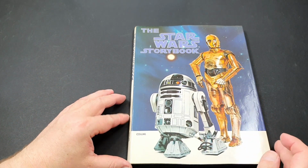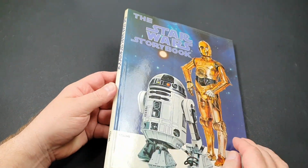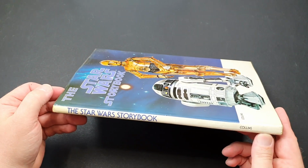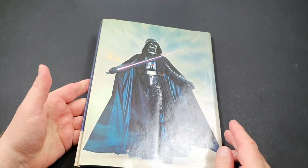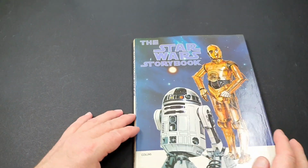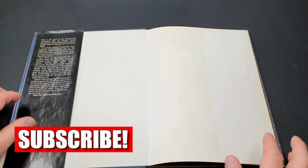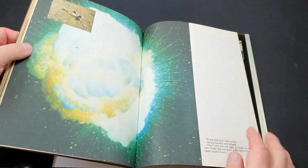Okay, so the first Star Wars storybook we're going to look at is this one. Now, this is actually my original one from when I was a kid, and this is the British Star Wars storybook. It was published by Collins in the UK. It's in pretty beaten up condition because, as I said, this was my one from back in the day, and it comes fairly well recommended, I have to say. I absolutely loved this as a kid. I read it to death time and time again, and